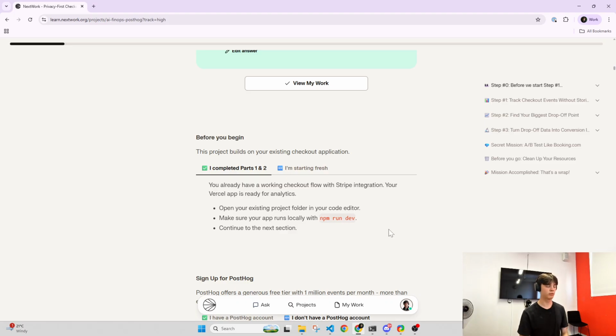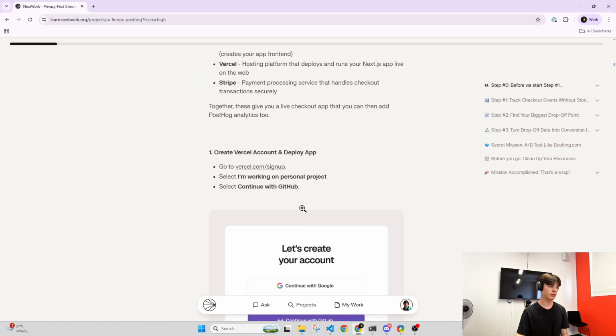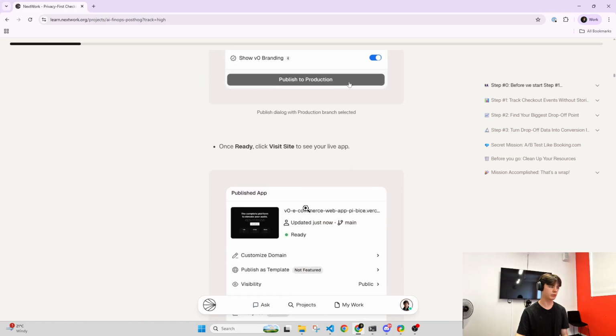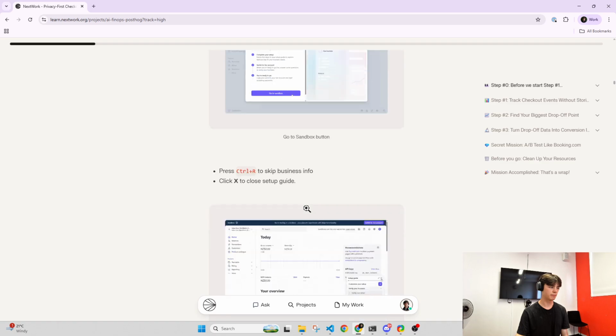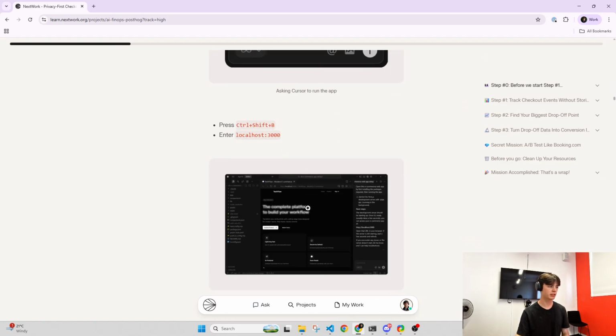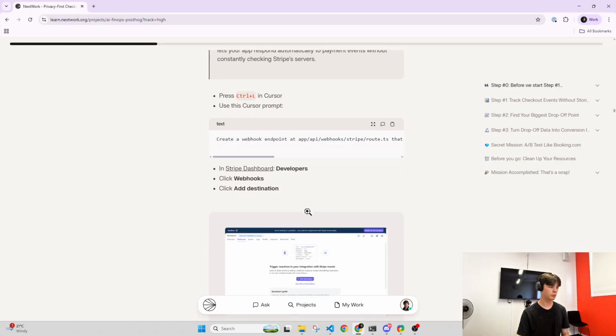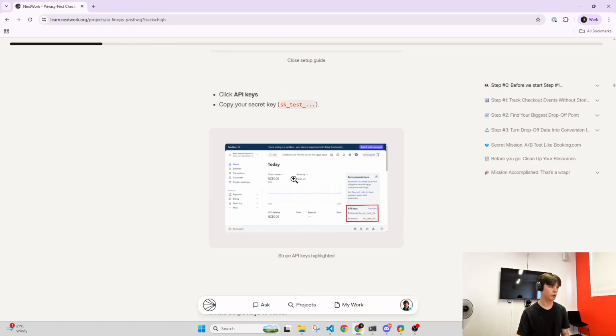Alright, so before we begin, if you've completed parts 1 and 2, you're all good to go. If you're starting fresh, then there's this path here as well that you can definitely follow. There's steps how to catch up to what we did, but you're very welcome to also just do the projects themselves. There's a few steps here because there's 2 projects, so more than welcome to follow this or go do